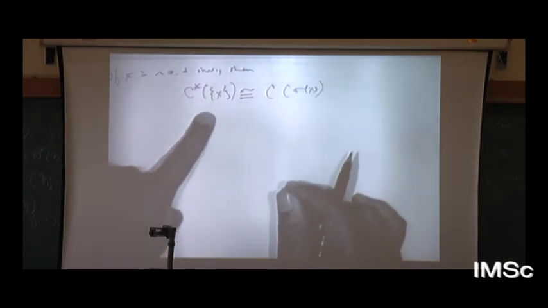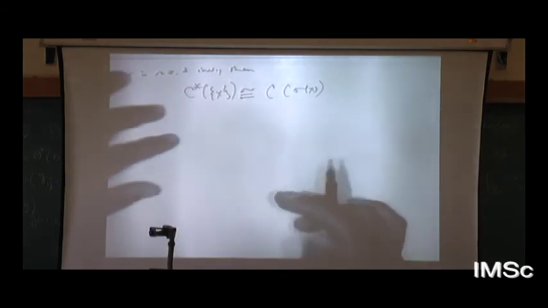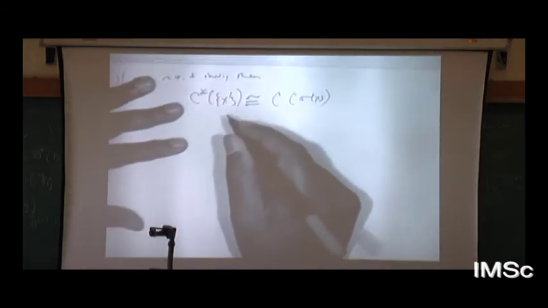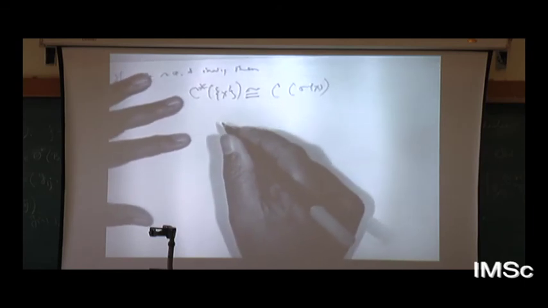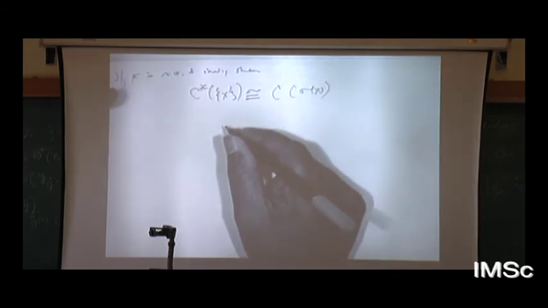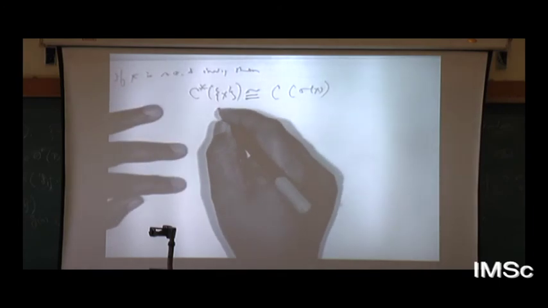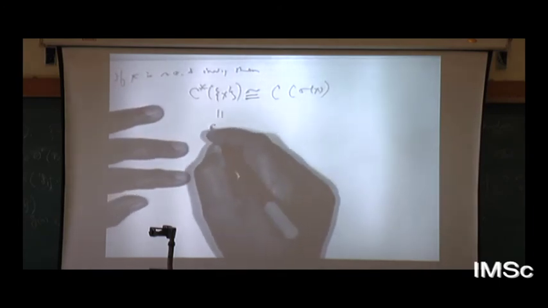You don't have to separate it. See, earlier I'm saying C star x and C star x1 are the same. That is, I'm saying this is equal to C star x1,